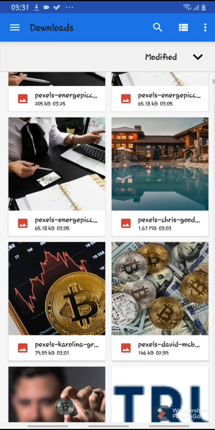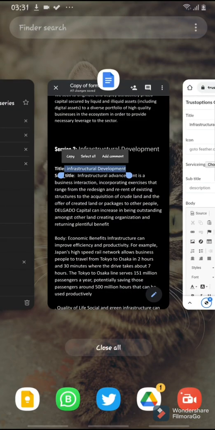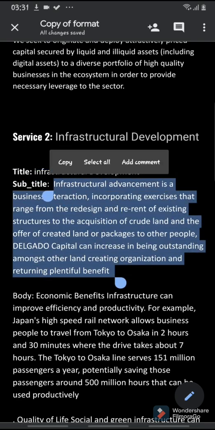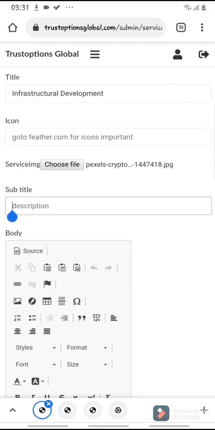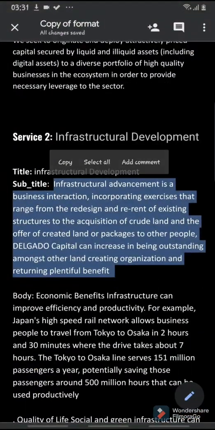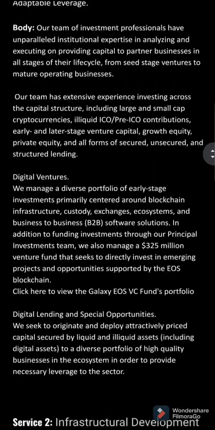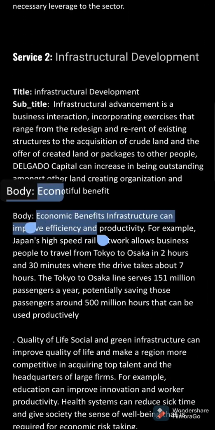Okay, so I put in this. I feel like that's a good match. I'll go to the description. I'll copy this. Come down here and I'll paste this here. Then I'll go to the body. Now I needed to check something and it's correct, it's accurate. So I go to the body, select all this,